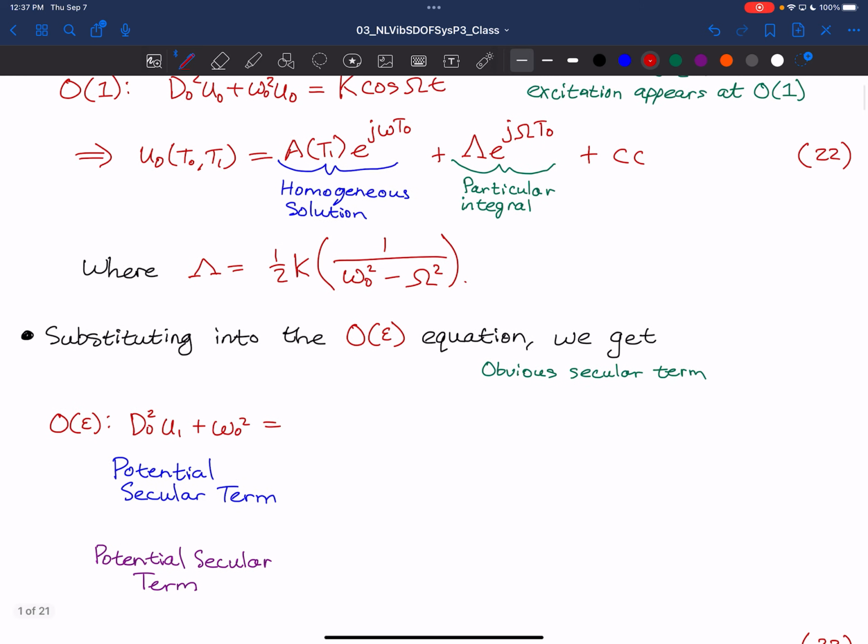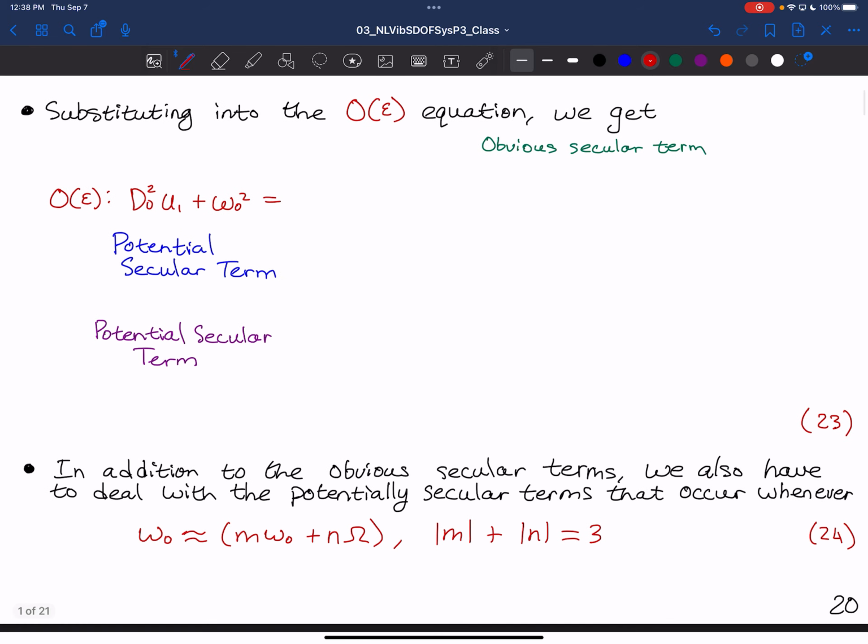Okay, so we're going to substitute in our... I seem to have left out the order epsilon equation. I'll add a note somewhere where that is, but at this point it should be pretty standard and easy. You should be able to compute that yourselves. Anyway, we're going to plug the u0 solution into the order epsilon equation, and this will result in the following: